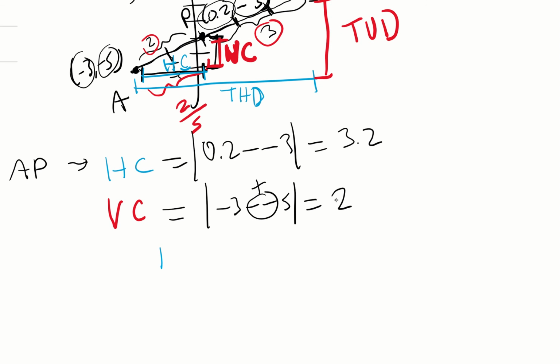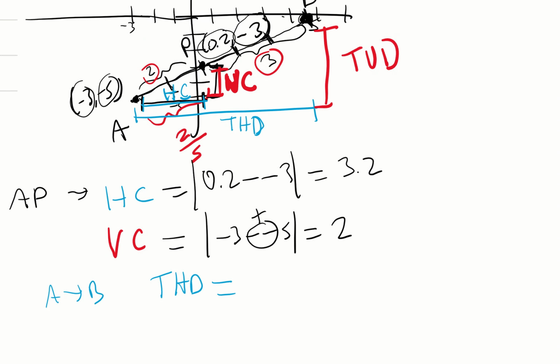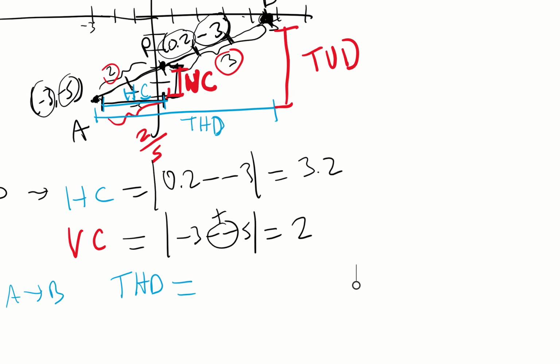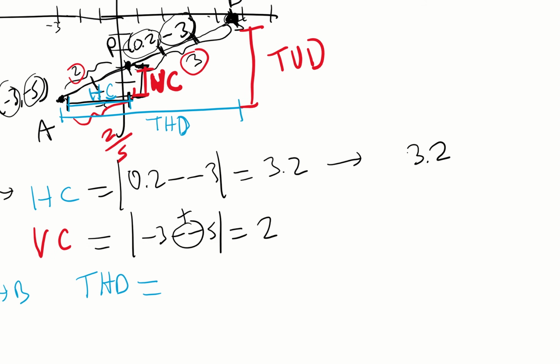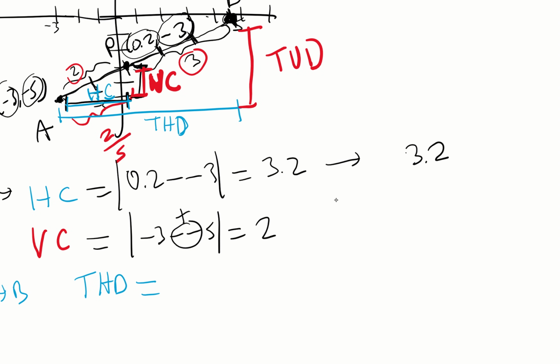To get that total horizontal distance from A to B, well, we know now that from A to P, in the horizontal, it's 3.2. So what we need to do is take 3.2, and if we multiply 3.2 by,